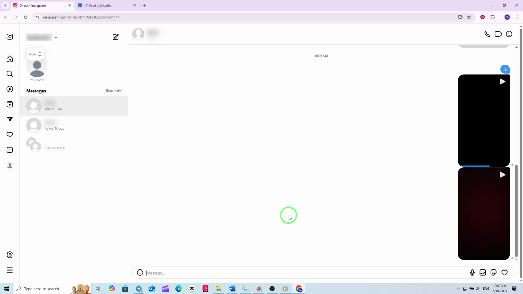is quick and simple. Try it out the next time you want to share memories, updates, or just something fun with your friends or